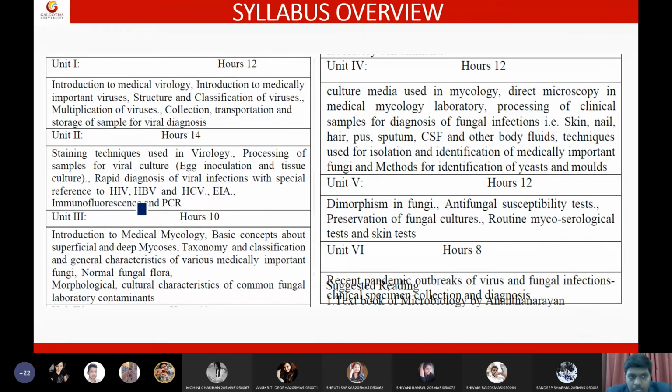So my next lectures will be focused on immunofluorescence, PCR, and these 4 viruses. By this, we can finish this virology, students. I think I need 3 to 4 more lectures to finish unit 1 and unit 2. So within 1 week, we can finish virology. If you have any doubts, you can ask me, students. So far, everything clear, right? And also, all these classes are available on YouTube. If you have any doubts, you can rewatch this lecture and you will get some idea.